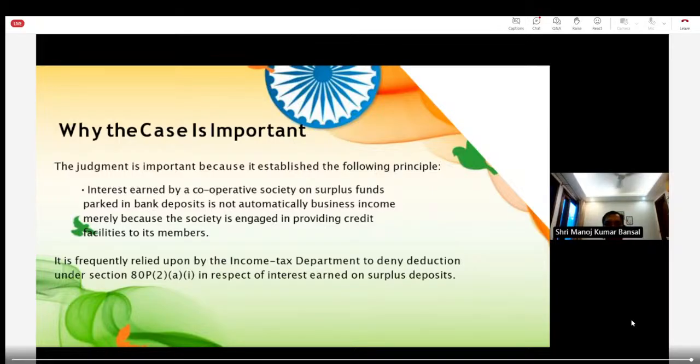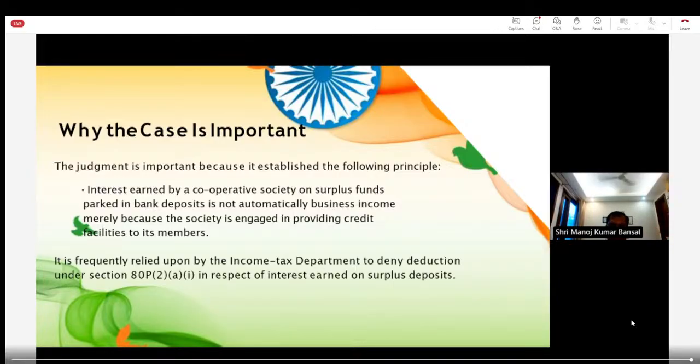The main business is to provide credit facilities to its members, but the management has decided to put surplus funds in the nationalized bank or some other bank, so that income will be taxable. The income received as interest from other banks will be taxable because the main object of the cooperative society was to give credit facilities to its members and not to deploy the funds and earn interest